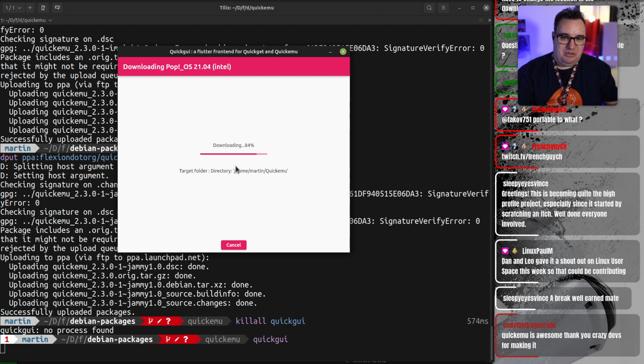Yes, I saw Linux Pool. I saw that they'd talked about it on the Linux User Space podcast. Yeah, and Dan, I think, has been using it for quite some time because he used it in its original incarnation when it was very squarely just a dev tool for Ubuntu developers and